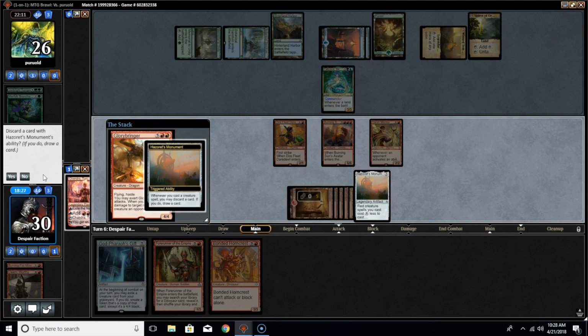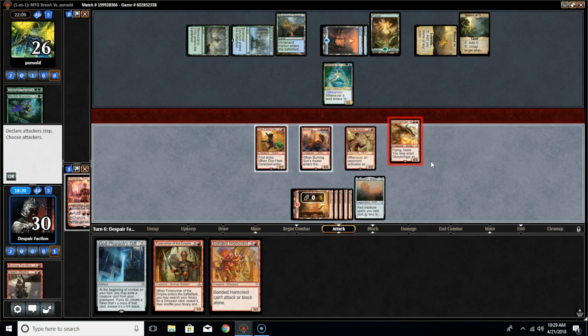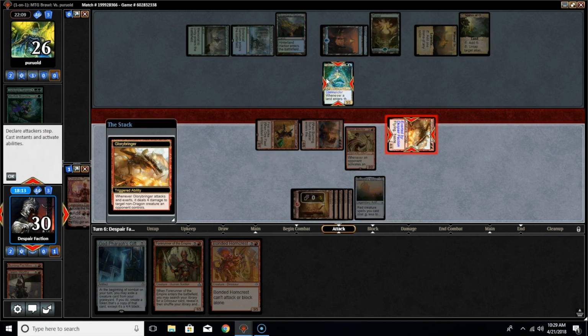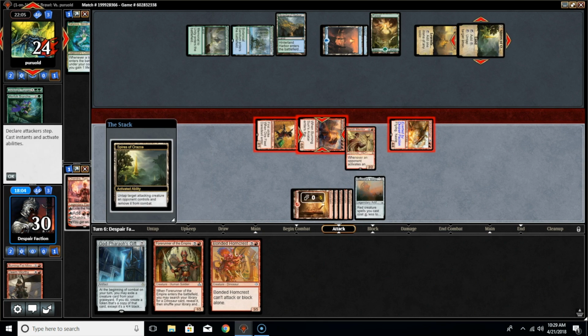Do we want to discard again? I'm going to say no. And now we can do some stuff. So exert the Glorybringer, swing with the Burning Sun, and swing with the Dire Fleet. Shoot down the Tatyova. So opponent's going to use their Spires of Oriska, but they will take 2 damage off